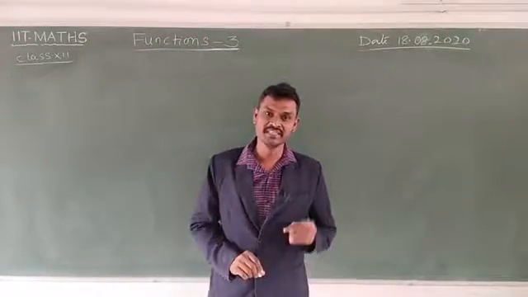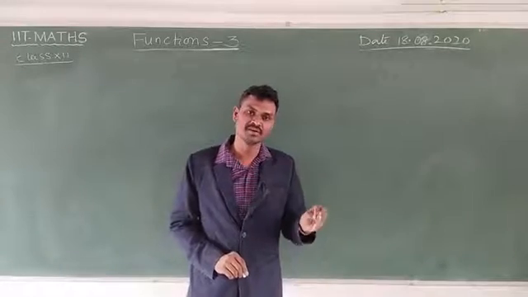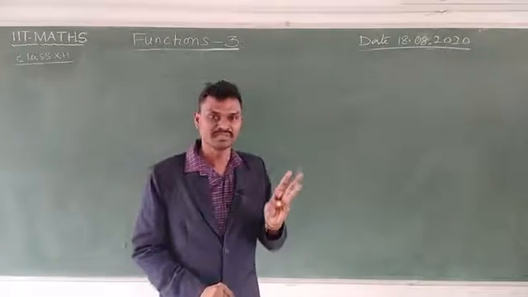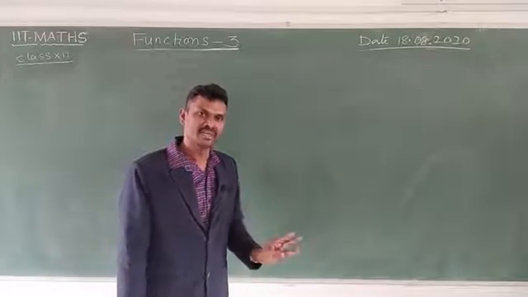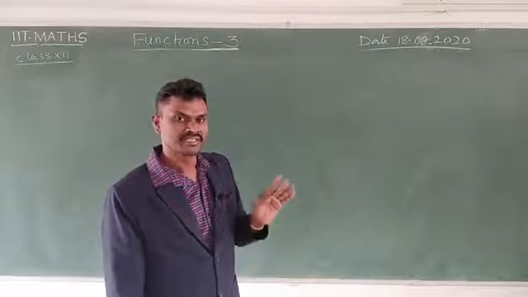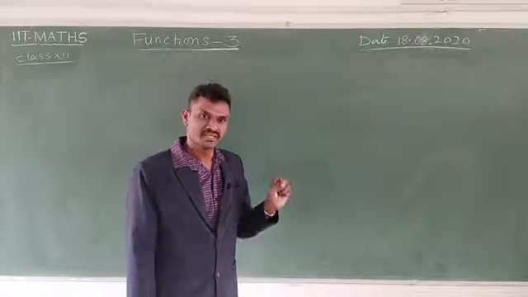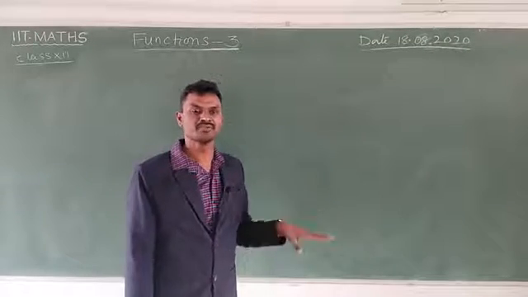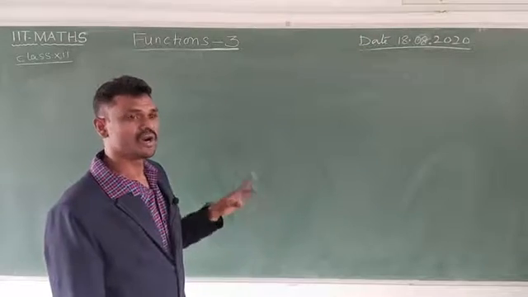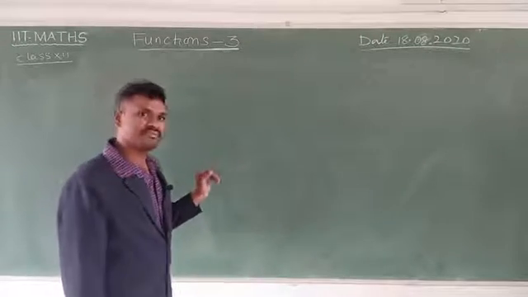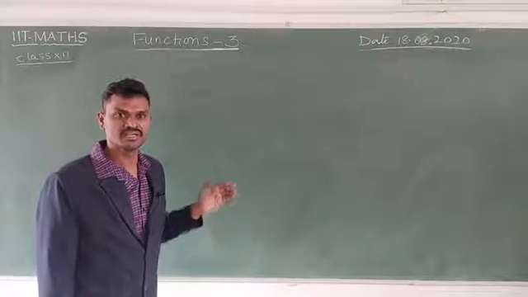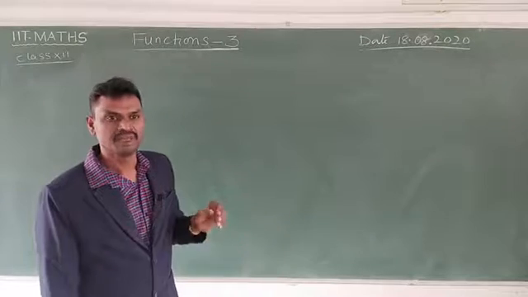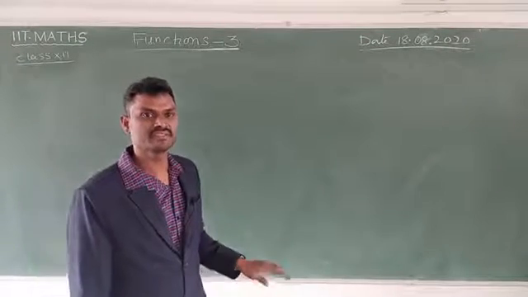Last class we discussed equal functions and algebraic functions of polynomial functions. In polynomial functions, the types are: monomial function, linear function, identity function, constant function, square function, cubical function. Square function means parabolic function, and cubical function, and even power function, odd power function. Next, real valued function, real variable function, real valued function and its properties. Once again we have to recall the real variable, real valued and real functions, and we will do some problems.